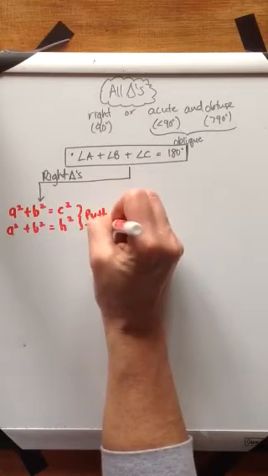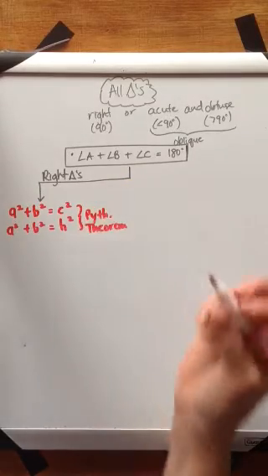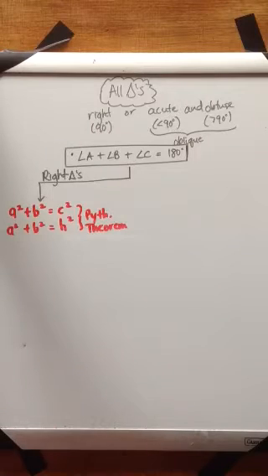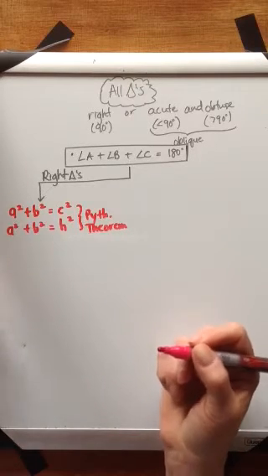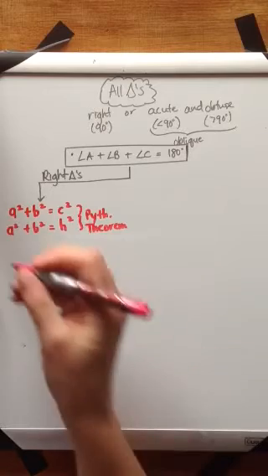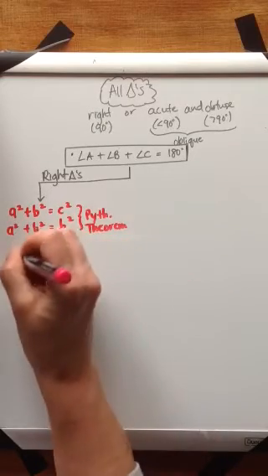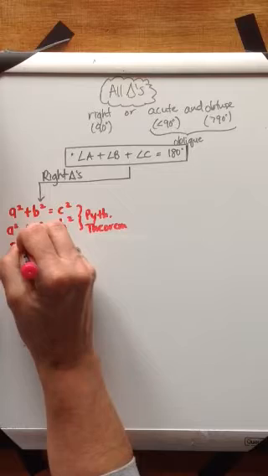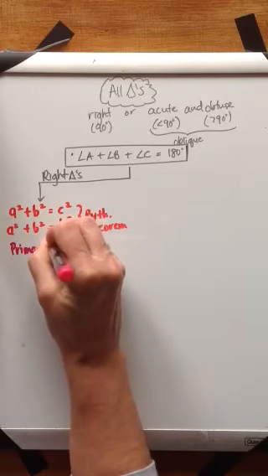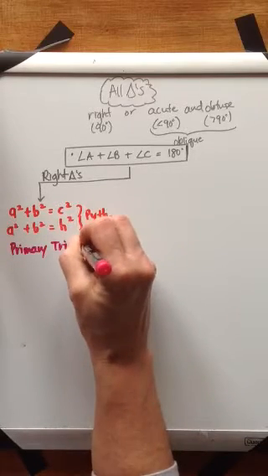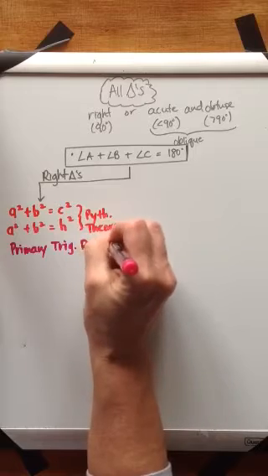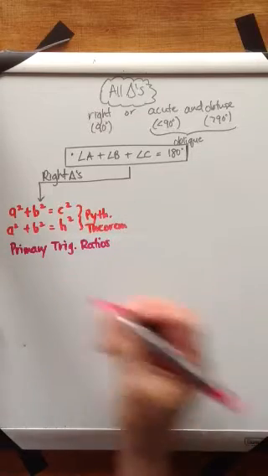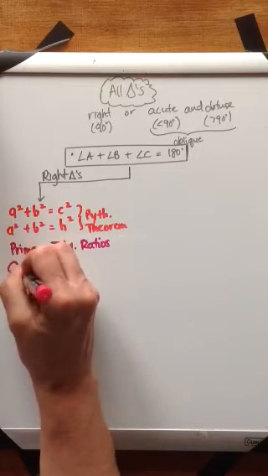for these scenarios, but there's no connection at all to the angles inside that right angle triangle. So the first thing that you learned about in this unit in terms of how to solve for unknown angles in right angle triangles is you learned about the primary trig ratios. And those primary trigonometry ratios can be remembered using this really cool little acronym called SOHCAHTOA,